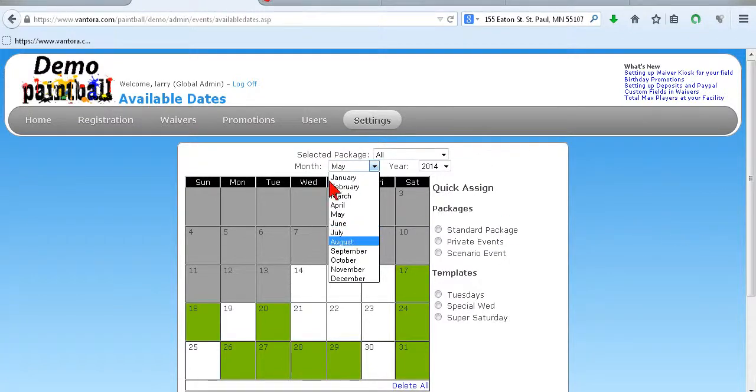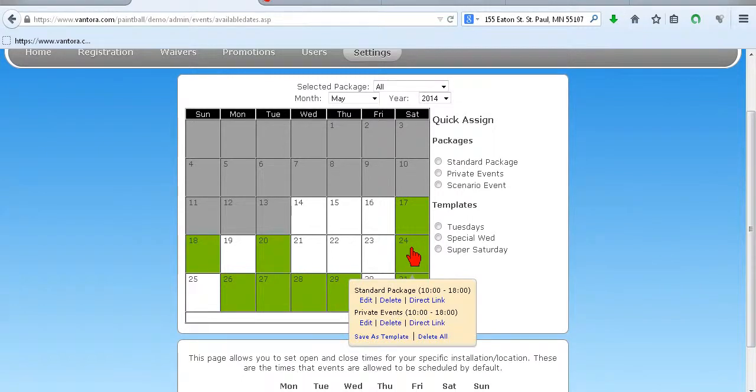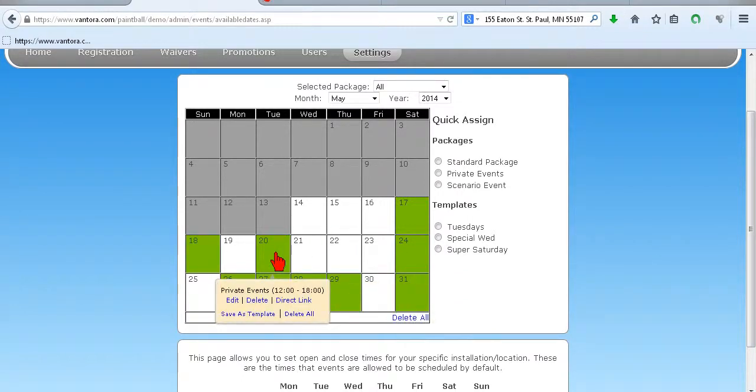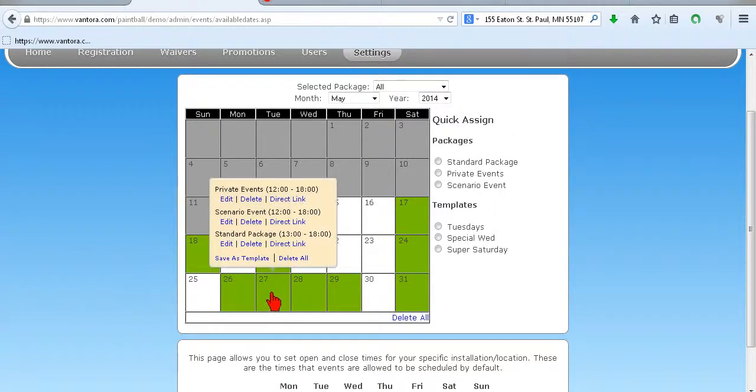You go to the date that you want. Before we jump to that date, let's just take a look at this. If we mouse over any one of the days, it tells us what package is on that day. So you can do private events on this particular day, and on the 27th, here's private events, scenario, and standard package. And you'll see not only do we have the edit and delete, so if I didn't want to offer a private event on that day, I could delete it, but also here's a new thing we have,